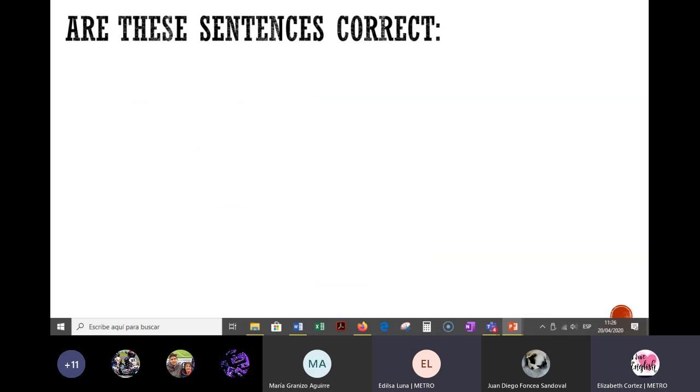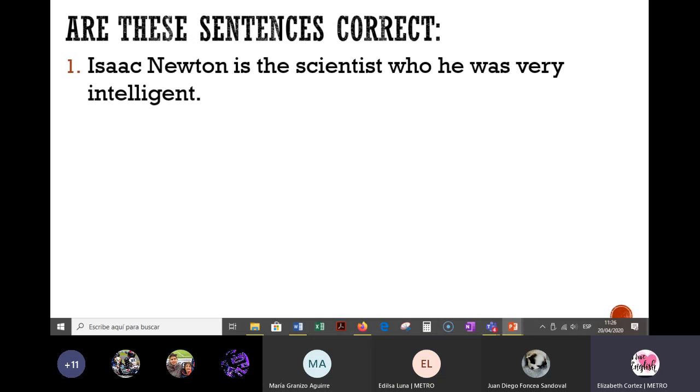Okay, let's go with Daniela Pinto. Miss Pinto, are these sentences correct? Read the first sentence, please, and tell me if it's a correct sentence with a DRC. Read the sentence, please. Isaac Newton is the scientist who he was very intelligent. Is this a correct sentence with a DRC? Yes, because who doesn't have a dad after the...